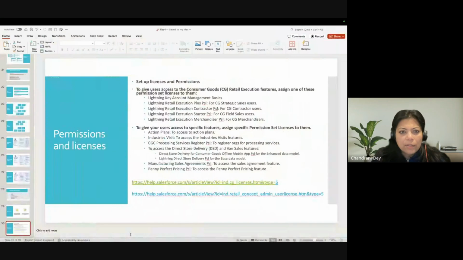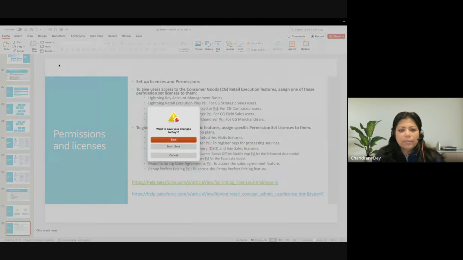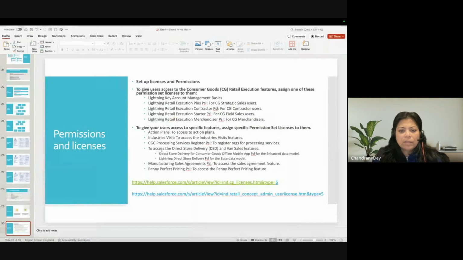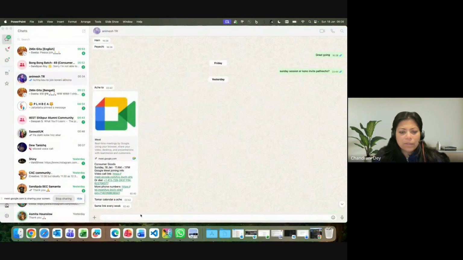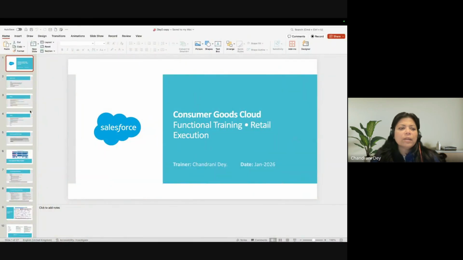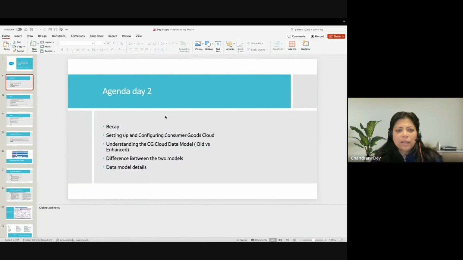So this is what we had learned in day one. I'll save it and close it, and I'll go to day two. In day two, the agenda I had set was doing a small recap.